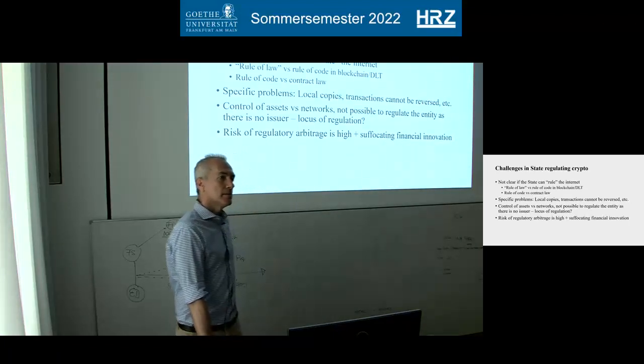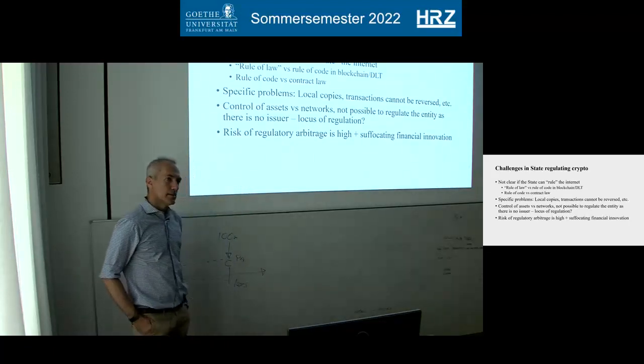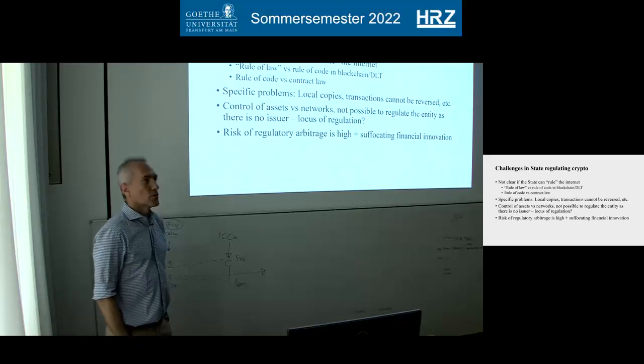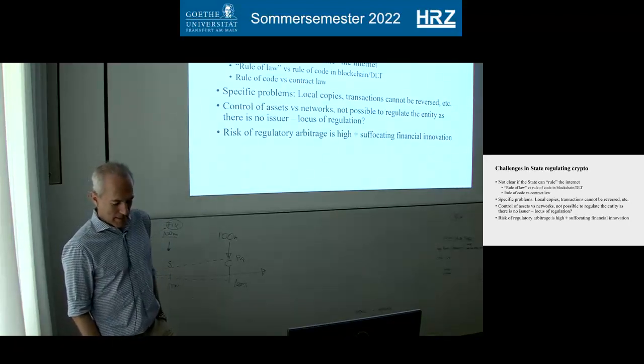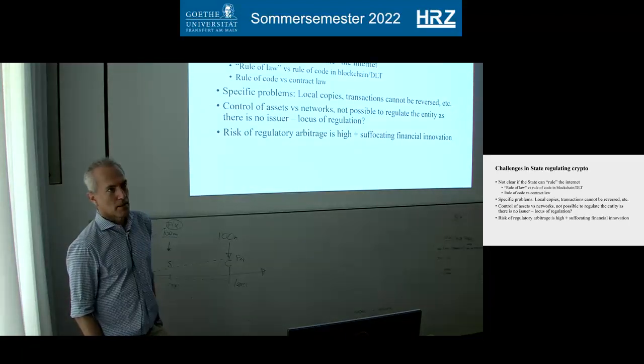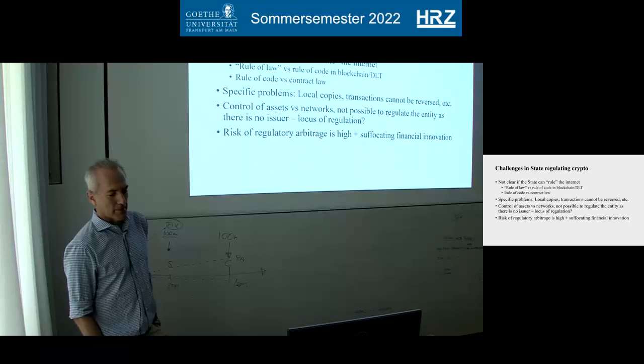If the German government decides tomorrow that Germans can't trade or be in possession of Bitcoin anymore, where do you think a German regulation can enter? What's the most efficient way, or is it even possible to do so? If the German state does that, I would say it is still not a regulation of the blockchain, because the blockchain will continue to exist. It is a regulation of the citizens having or not having access to the blockchain. So it's a different thing. Then the question is, can this ever be monitored or implemented? Maybe not even possible, but